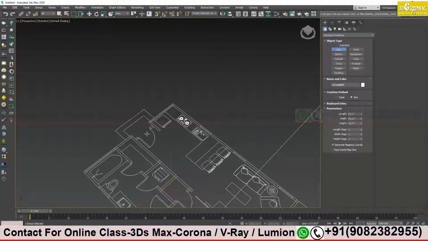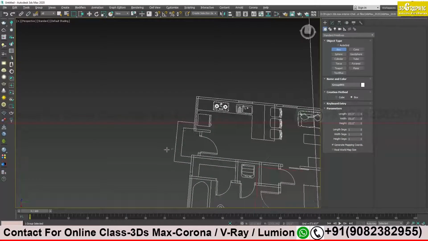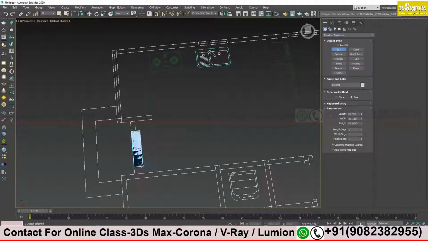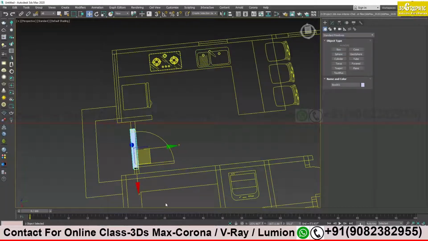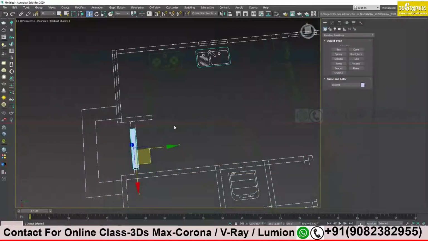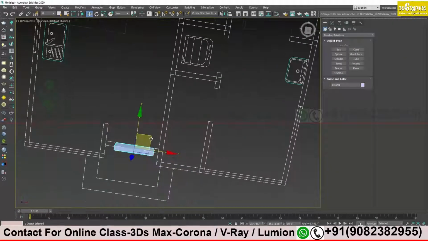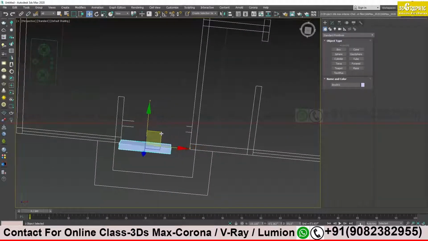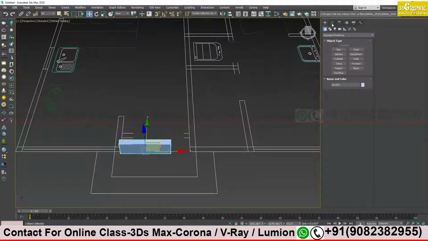You have to create a box, either taking a door or a window. In my case, I took my door area. You see on AutoCAD over here, the door measurement is how much? 1200 millimeter, no? Yes, sir. In 3ds Max also you have to confirm. The box should be from this corner to that corner.